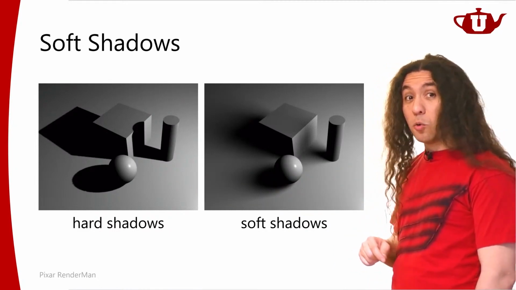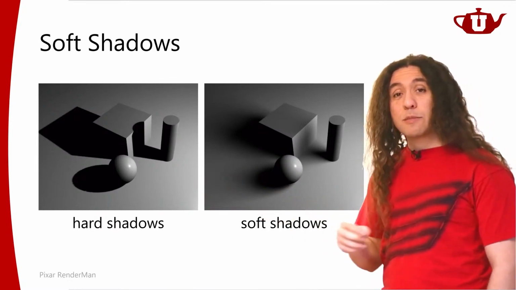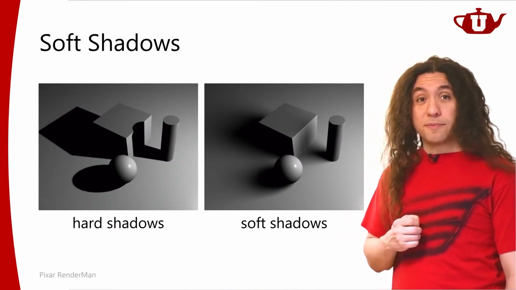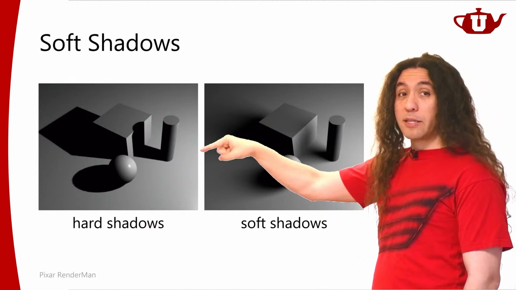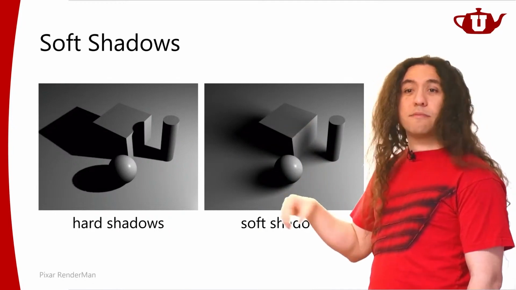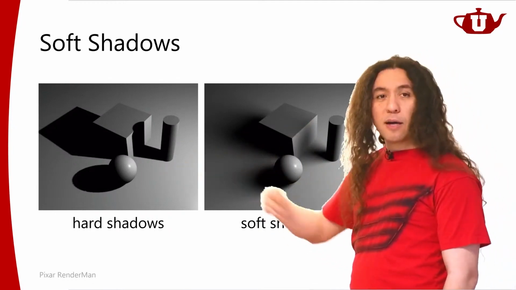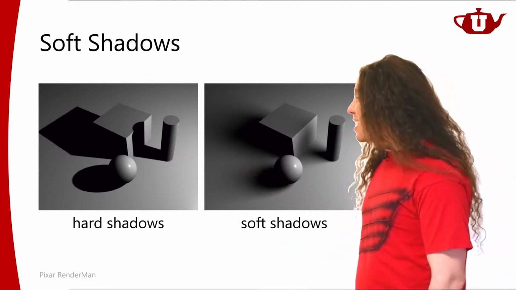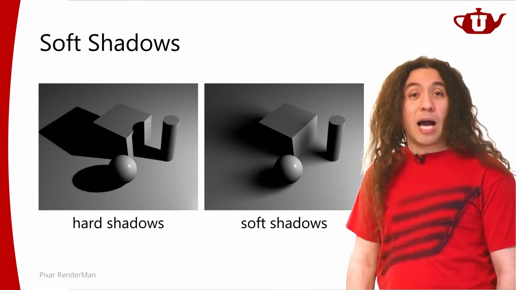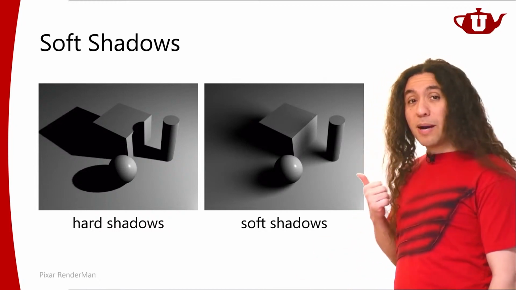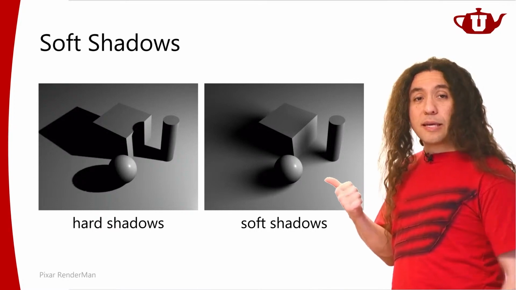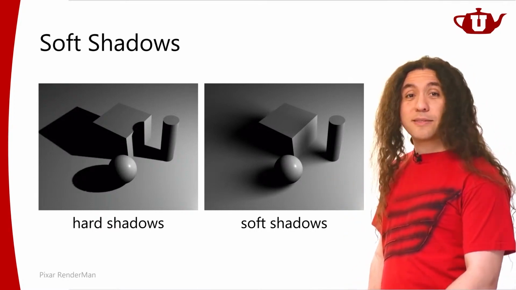Yeah. So hard shadows are stuff that you would expect to see when you have very small light sources. So if I have a point light, I would expect to get shadows that look like this. Or if I have a light source that is really, really small, maybe not necessarily a point, I would expect to get hard shadows like this. Or if my light source is not necessarily really small, but is far, far, far away, then I would expect to get hard shadows. But if my light source is relatively large or relatively close, then I'm going to start seeing soft shadows. Yes, area lights.